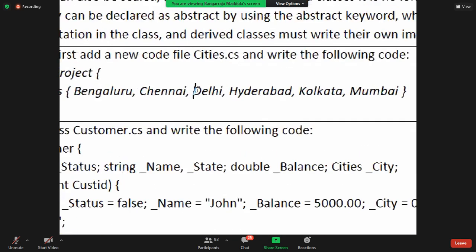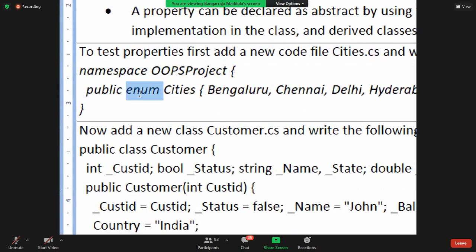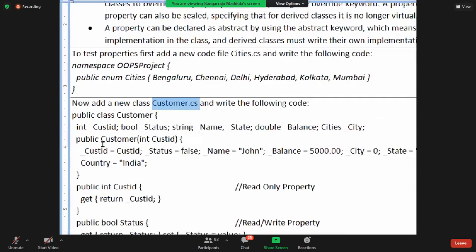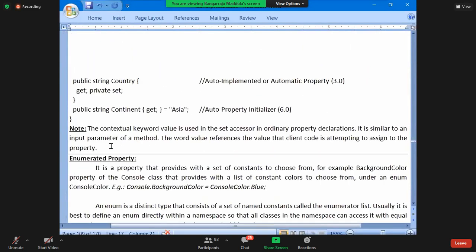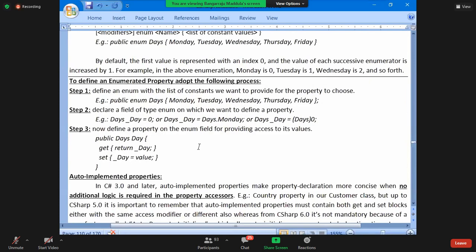First, cities.cs. You defined an enum with all the values. Then the second one, customer.cs. This is a class under which you are writing all the properties. And then here I gave an explanation about enumerated properties.